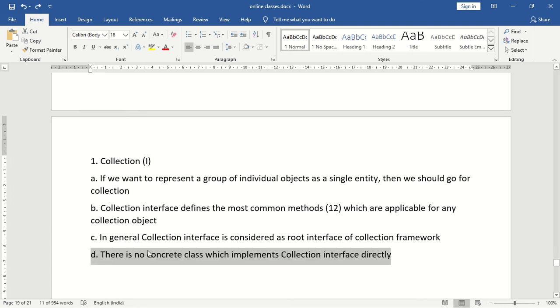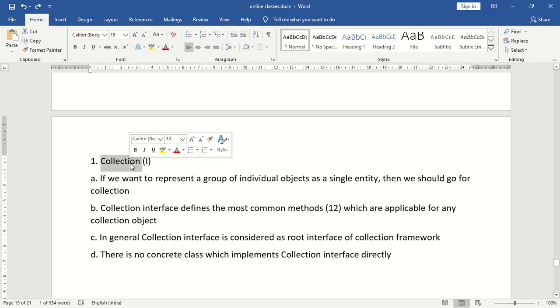That is, there is no concrete class which implements the collection interface directly. So what is the meaning of this statement? The meaning is very simple. No class directly implements the collection interface. Indirectly they will implement the collection interface. How are they going to implement the collection interface indirectly? That is also very simple. This collection interface will have child interfaces.